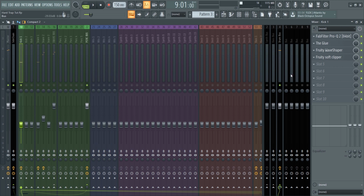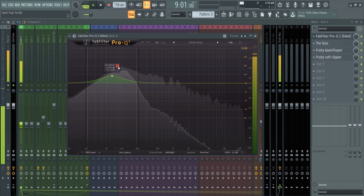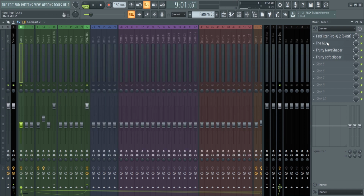the kick has only 4 plugins to it. First thing we did right here is I added a little bell peak right here to make even more punch into the kick. If we listen to only this little part, we can clearly hear this is where the kick is booming, and that is what we need to push up